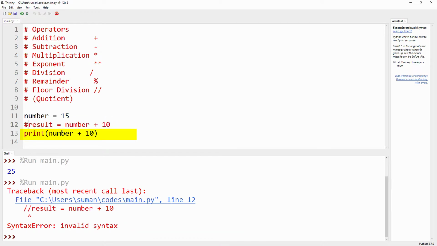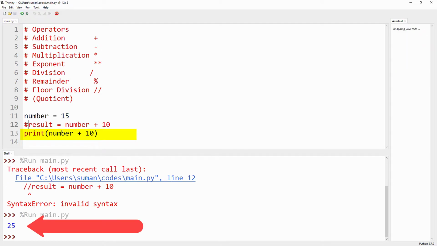So if we now comment out the second statement and run the code, we get 25 directly. So we can directly print the result, but always using a variable for the result is clearer programming.